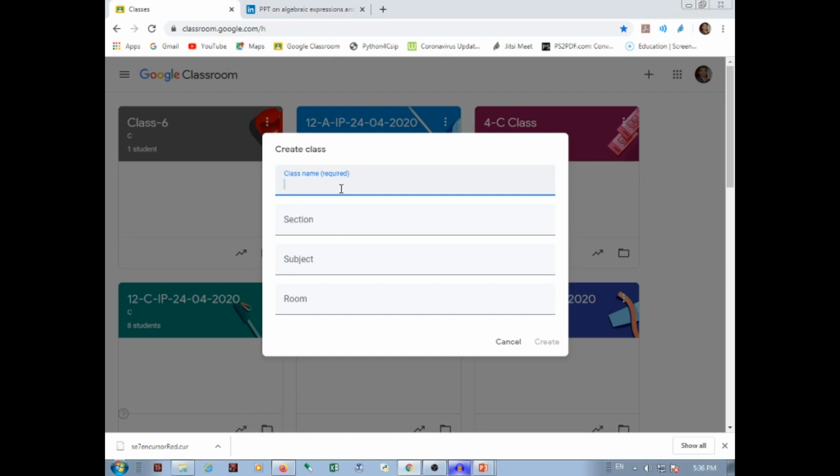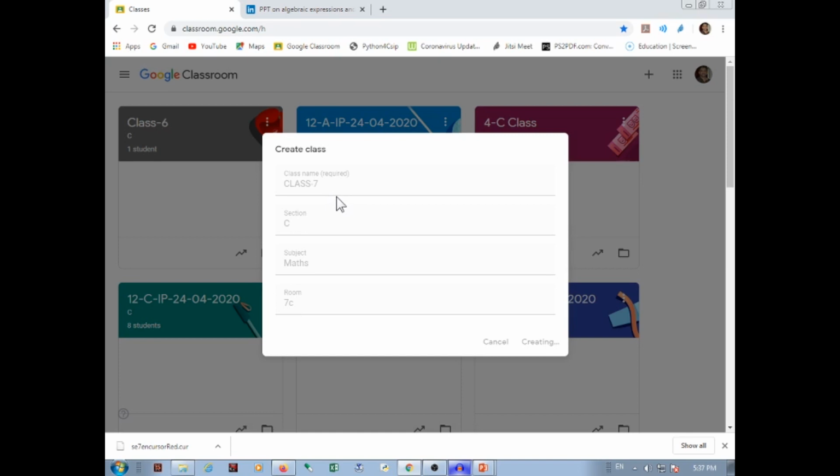I want to enter class 7 for example. Now section, I want to take it as C section, and subject, I want to take maths. Then room, I want to take 7C. Click on create. As you click on create, you will be taken into class 7, the class which you just created.